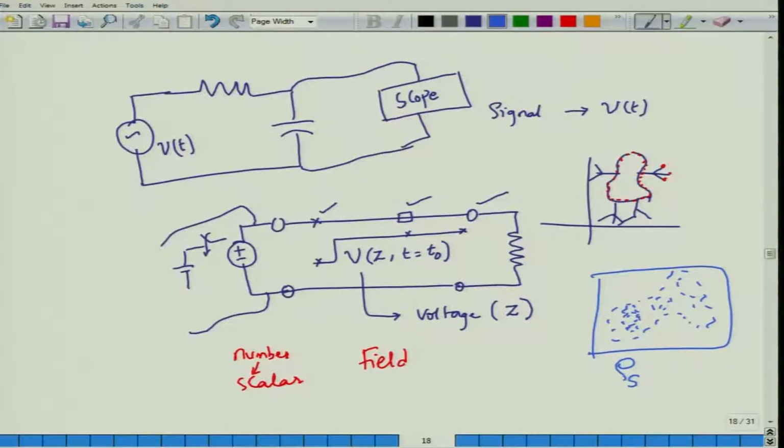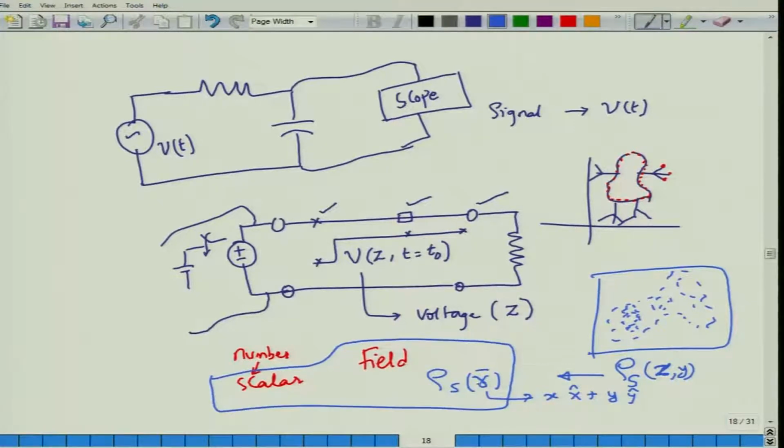So if I have this scalar quantity which I denote by rho s, this will be a function of two points, x and y. Alternatively, I can write this as rho s as a function of capital R, where capital R is the position vector of this particular point on the piece of paper, which is x x hat plus y y hat, as we have seen in the previous class. So this is an example of a scalar field. Please note the notation. At every point, at every position vector, it's as though you pinned a particular number, and that number is the quantity that is the scalar field.